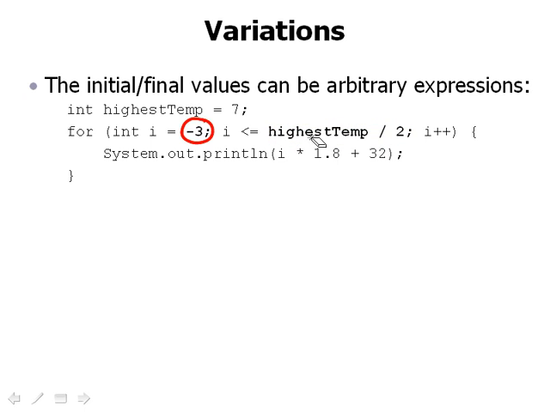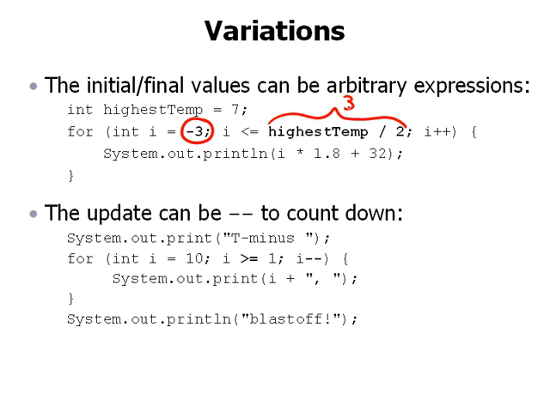So like this one right here assumes that we have a variable named highestTemp, and we're setting this maximum to be highestTemp over 2. That's 7 over 2 in integer division, that makes 3. And so this for loop repeats -3 through 3 inclusive and prints different temperatures, I guess, over that range of values. Another variation that you can do to the for loop is that you can use a for loop that